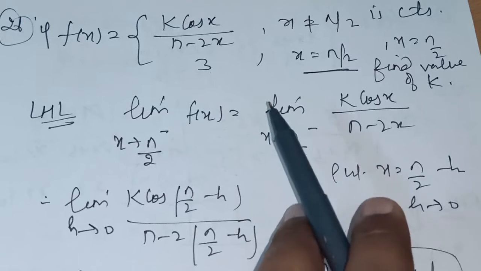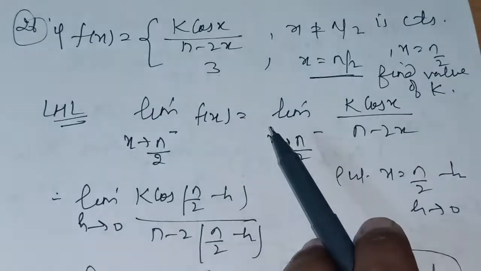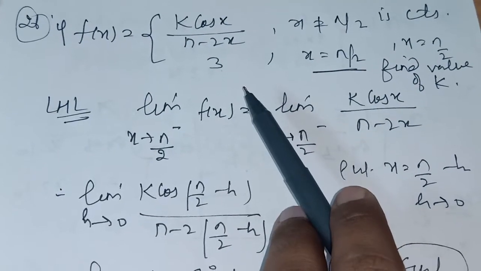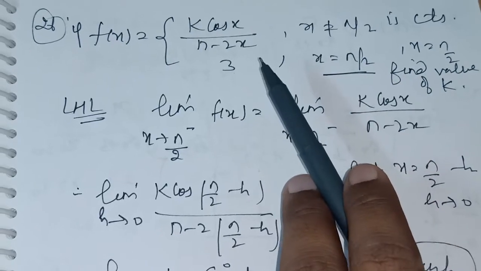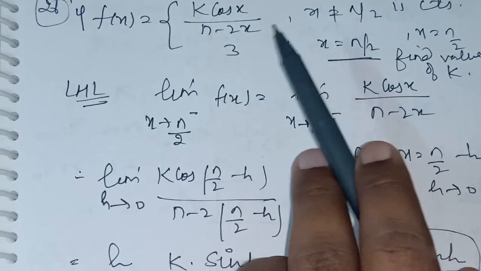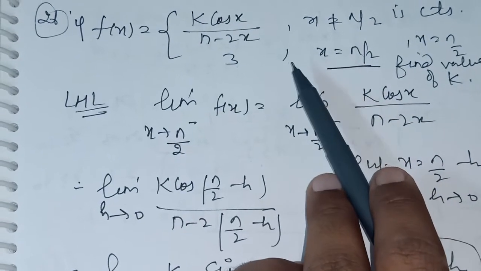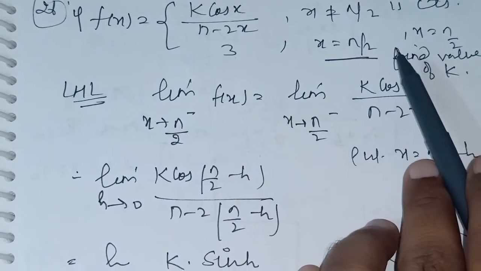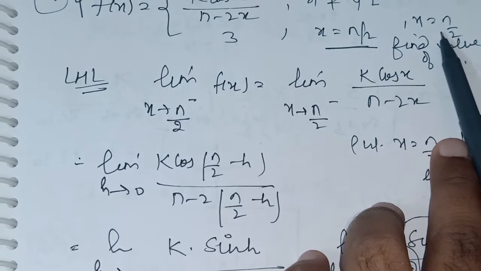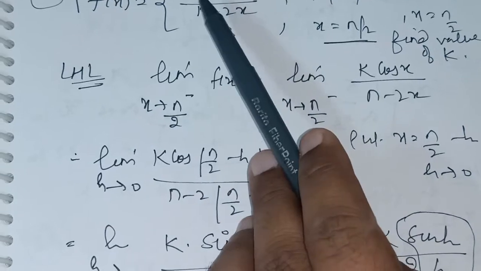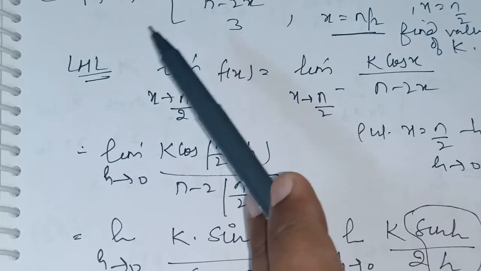Now in whatever questions we have discussed, we discussed how to prove a function is continuous or discontinuous. Now in this question, we are discussing that if the function is given as continuous, you have to find the value of a constant. If the given function is continuous, what does it mean? It satisfies the condition that the left hand limit, the right hand limit, and the function value at the particular limit are all equal. That is our given part. So whenever the given function is continuous, find its LHL and RHL and put them equal.